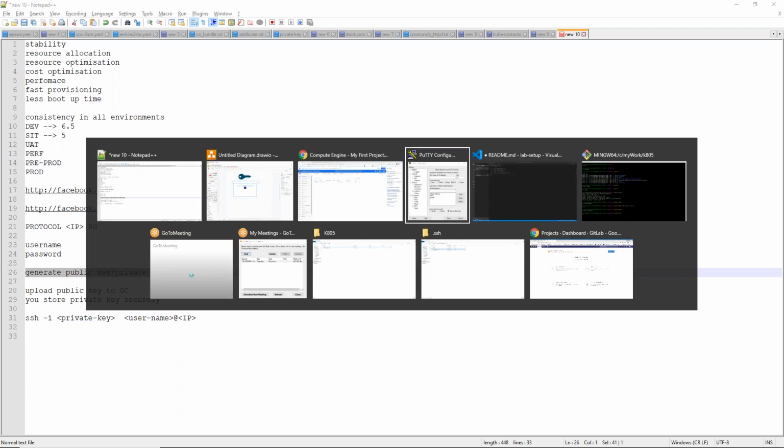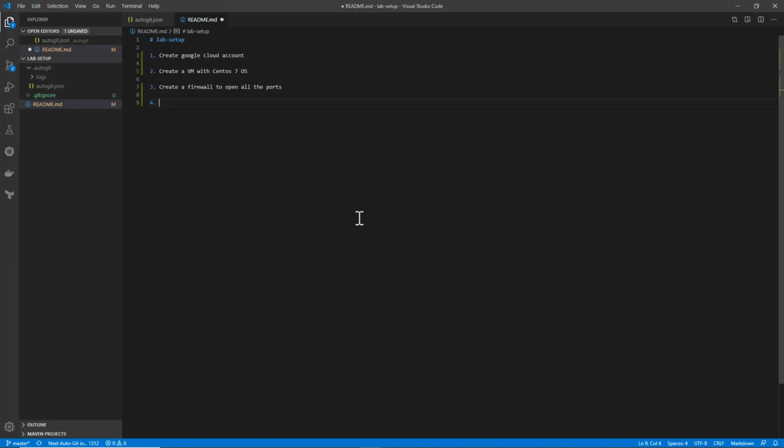So how will you generate that? The command you should understand is ssh-keygen -f followed by the file name.